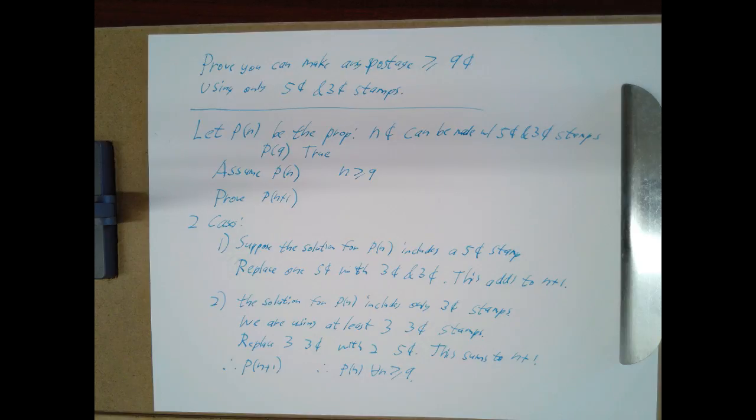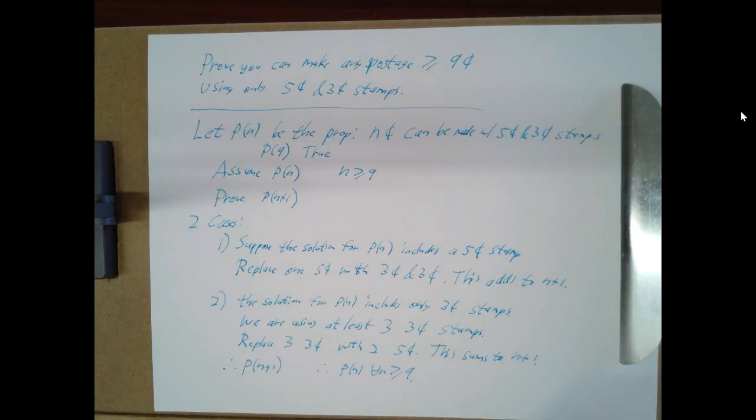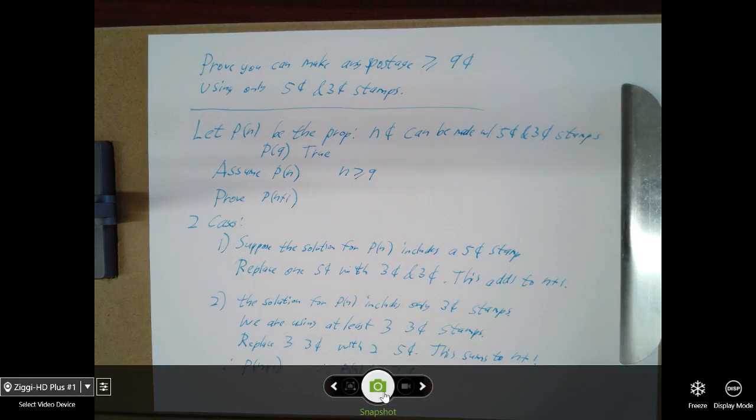Now, the nice thing about this is it actually gives us an algorithm for finding how to make any amount of postage. Right? If you want to make 13 cents postage, all you've got to do is figure out how to make 12 cents postage and then apply one of these 2 rules. And how do you make 12? Well, all you've got to do is make 11 cents postage and then apply one of these rules. And we could work it forward. If you think about where this is going to lead,